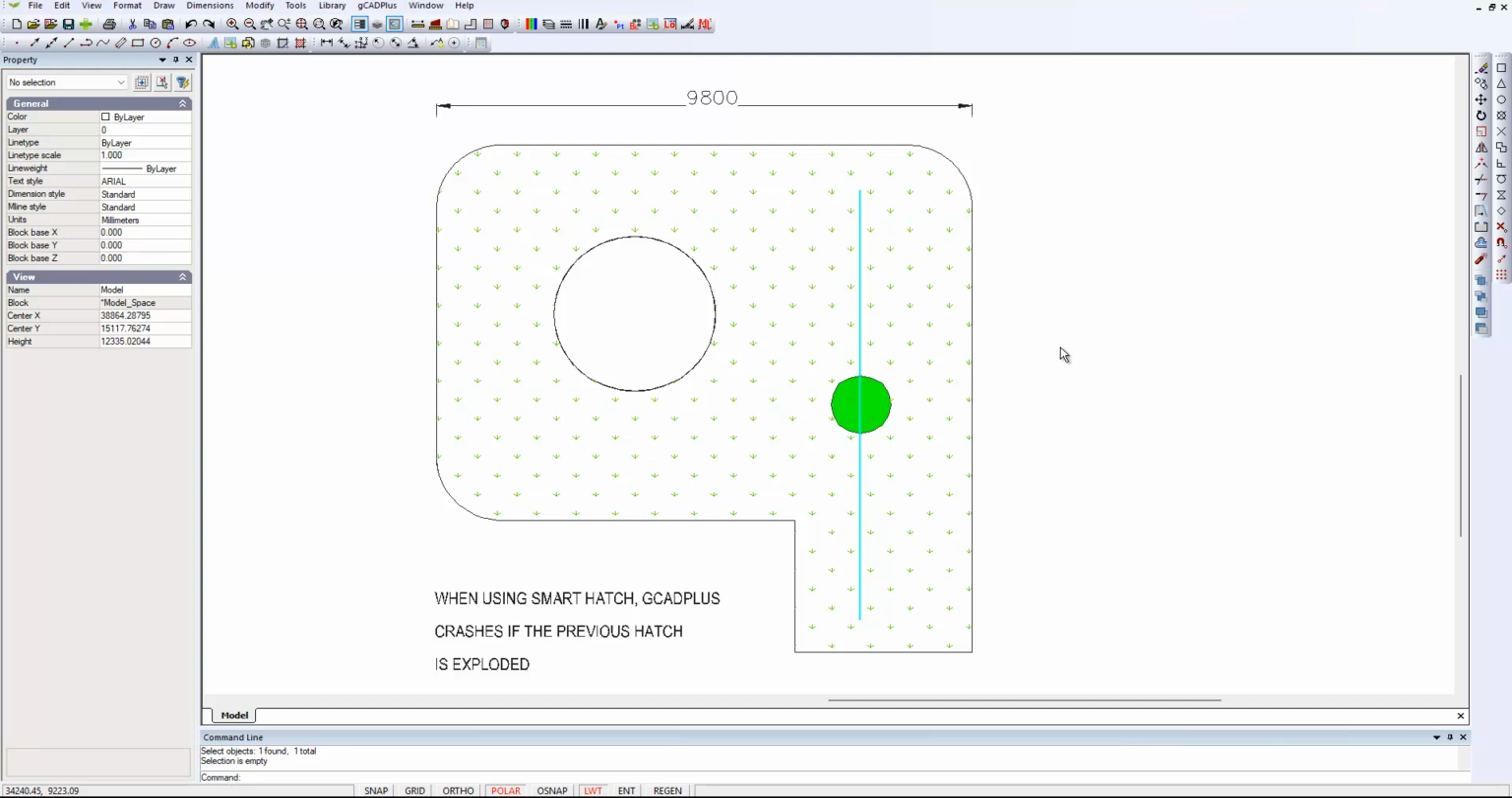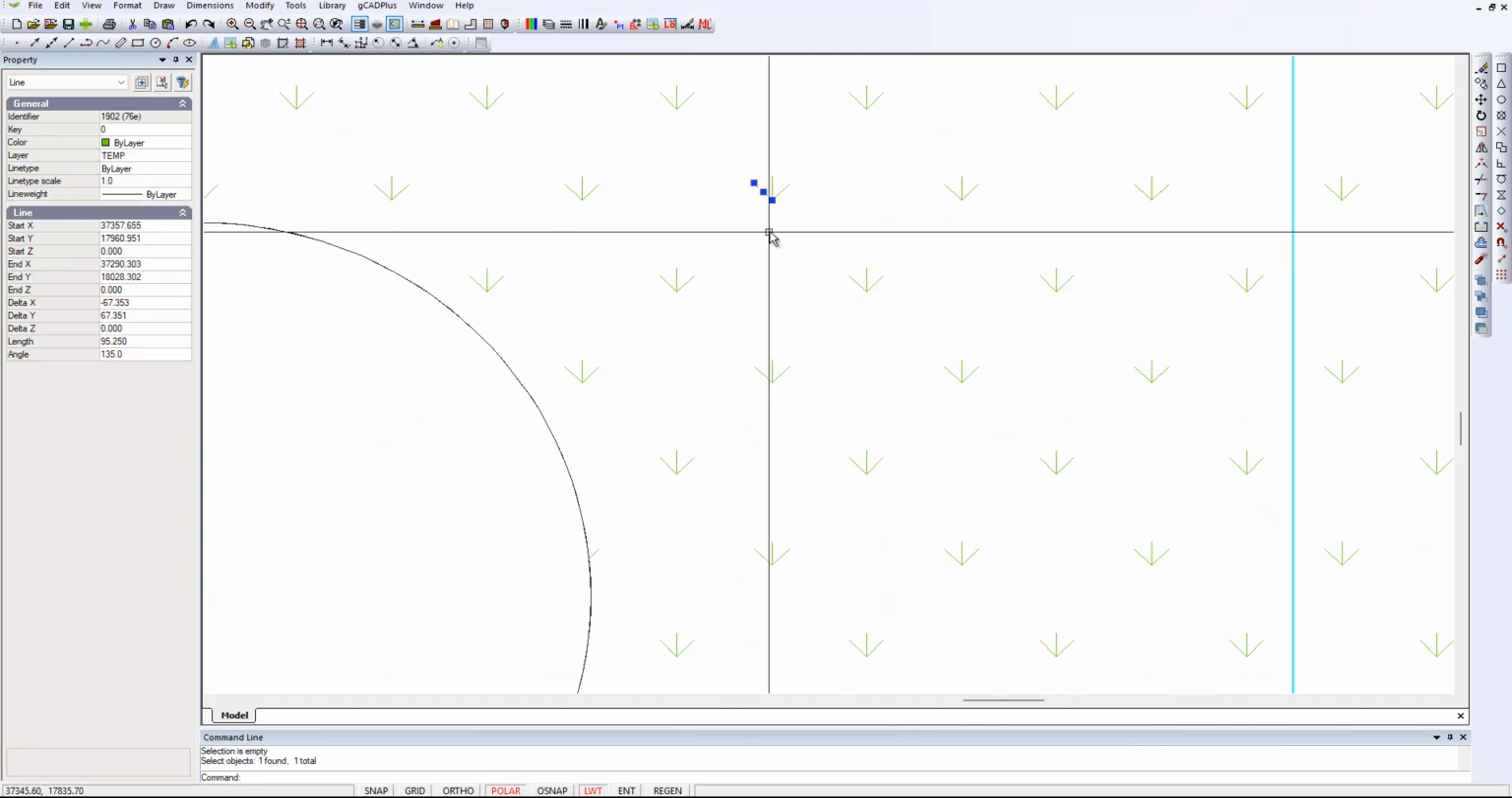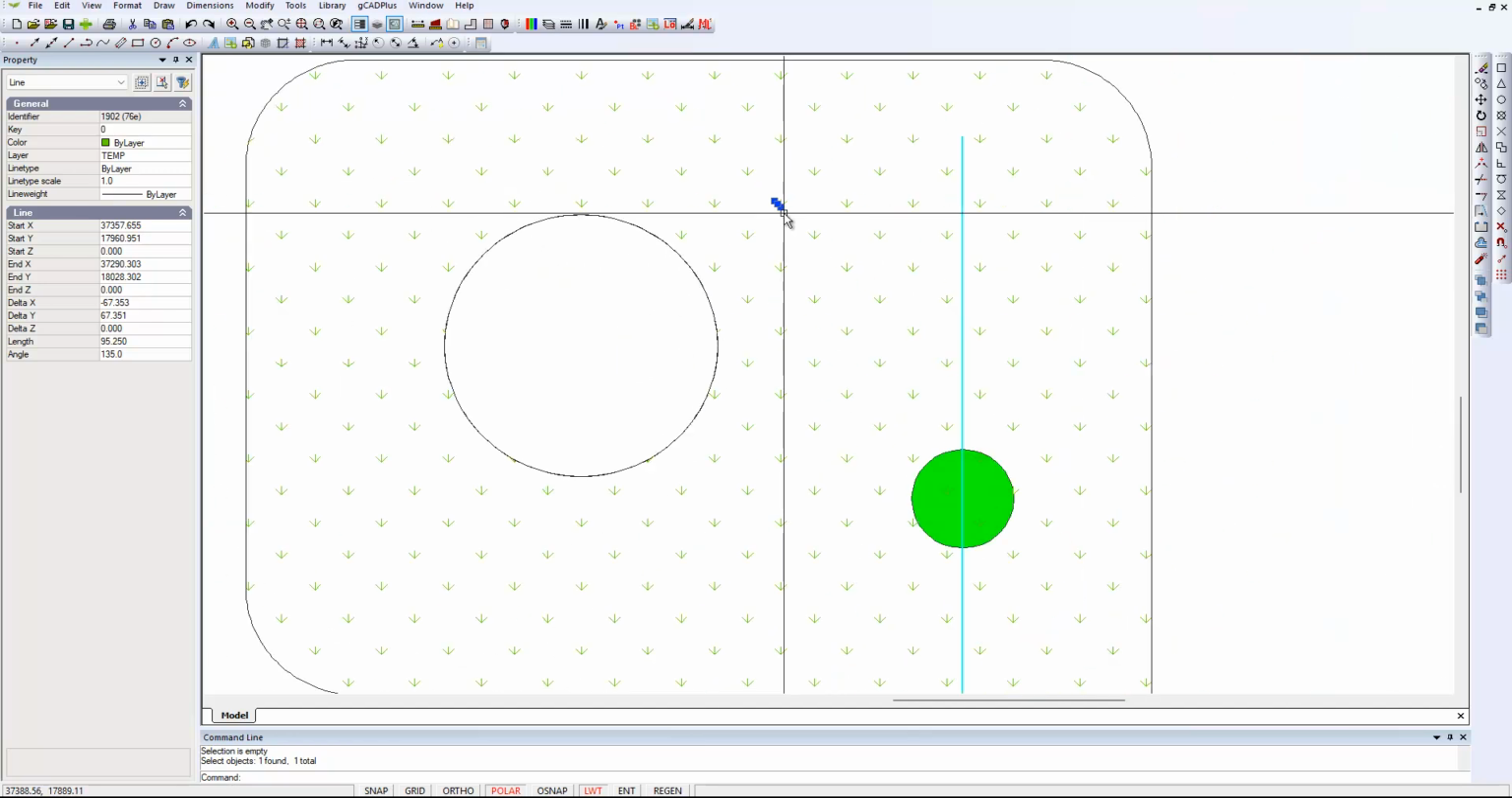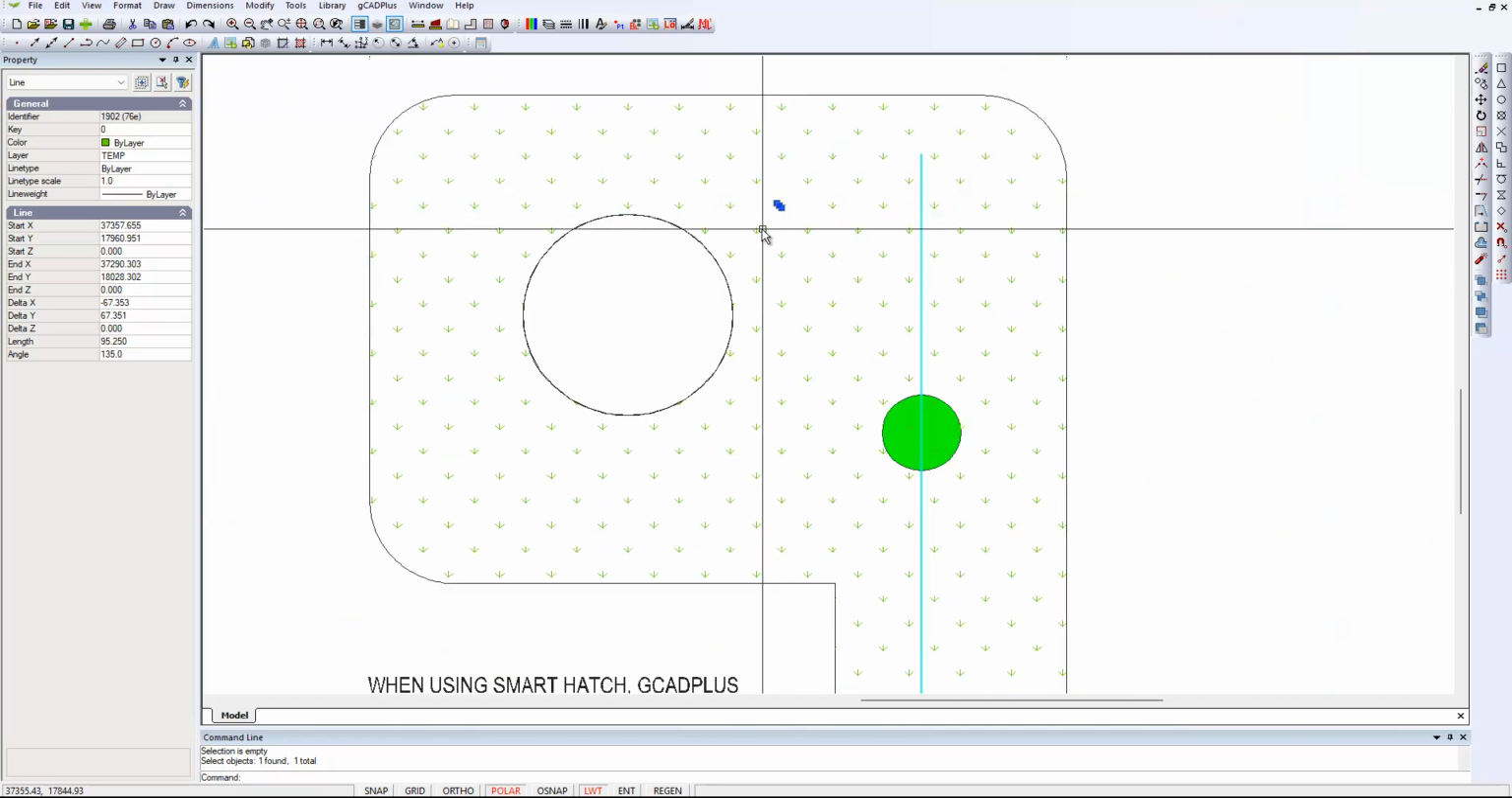I'd like to use this simple design to illustrate that there are times when gCADPlus attempts to hatch part of your design, that gCADPlus can crash. If we look closely at the original hatching, can you see the hatching has been broken up into its constituent